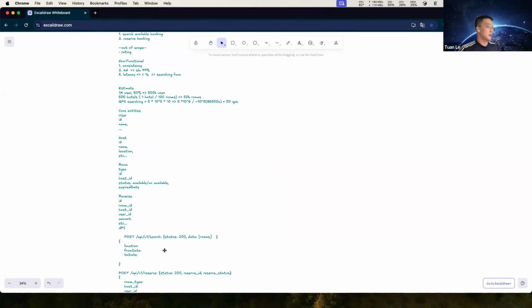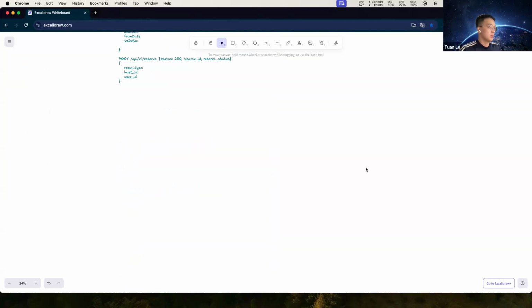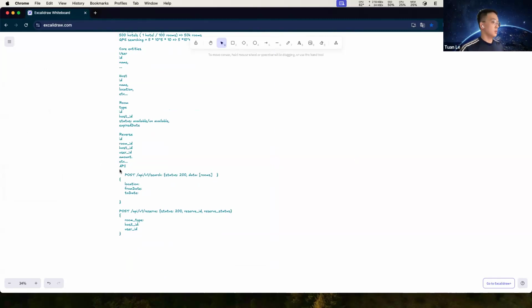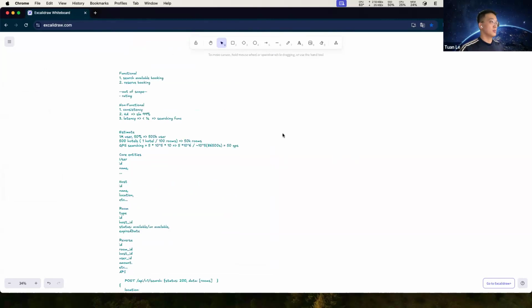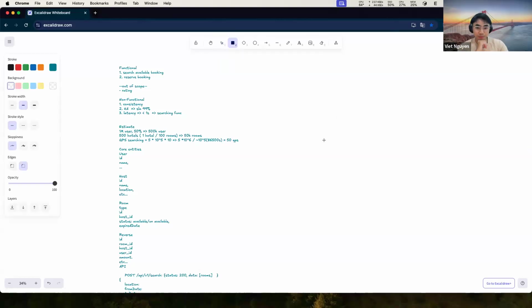Okay, so I want to continue with the high level design. Sure, later we can go back to that detail.